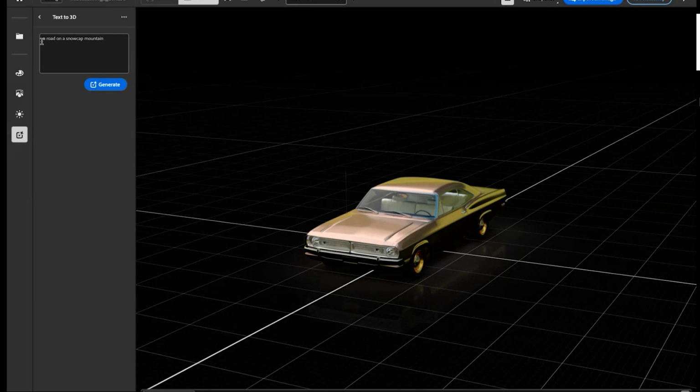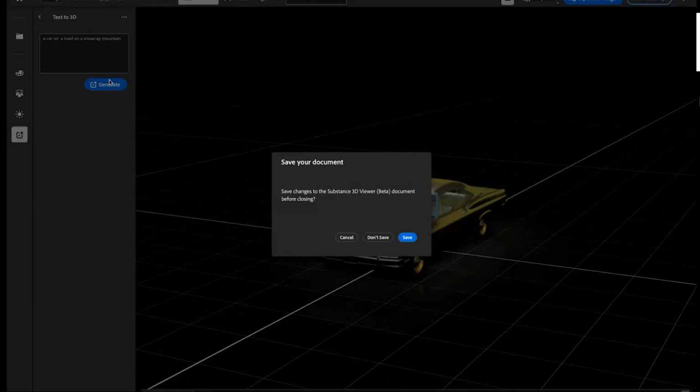So if I have to just say a car, and then now I'm generating. This will generate a completely different thing altogether, but it'll actually create a 3D model for me. But it will not be similar or based on the specific